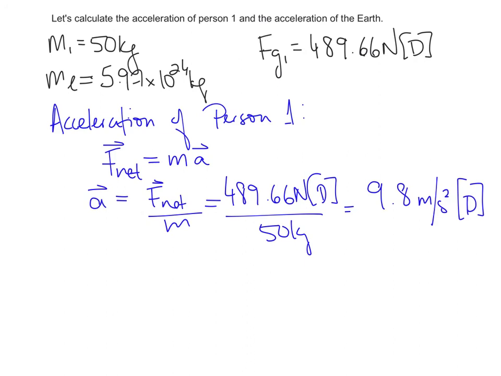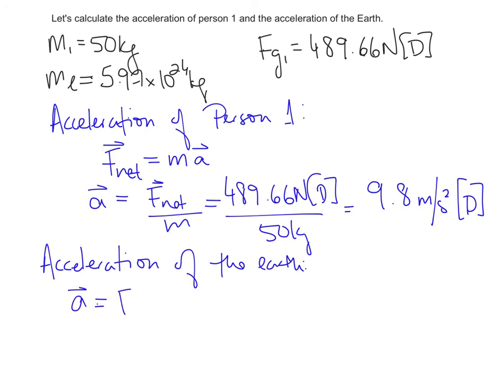So that ratio between force of gravity to your mass, sorry, will be 9.8 meters per second squared. Now to calculate the acceleration of the Earth, we're going to use the same formula. So acceleration is going to be equal to force over mass. And according to Newton's law, your force of gravity is going to be the same, just opposite in direction. So it's going to be 489.66 newtons up